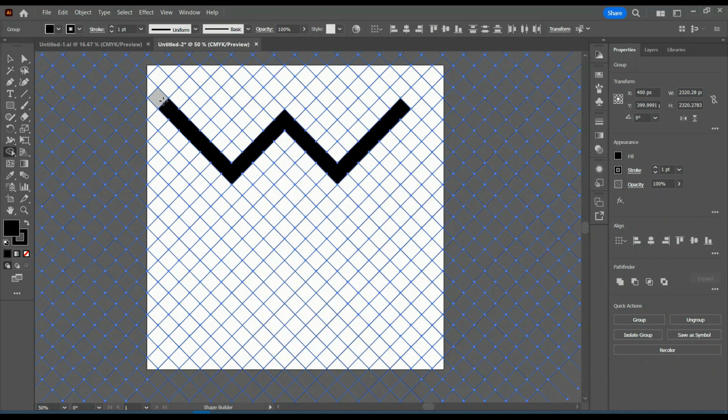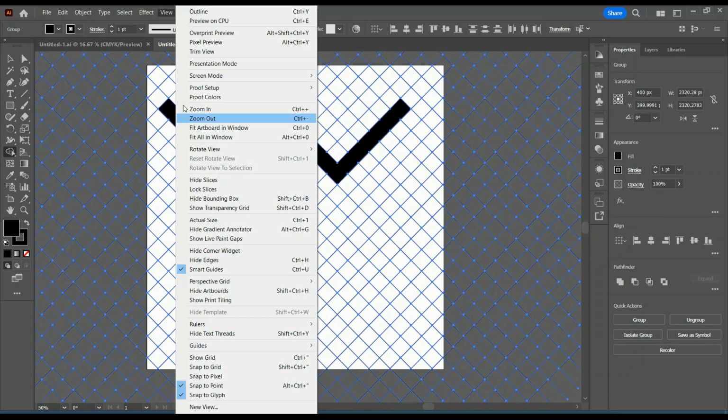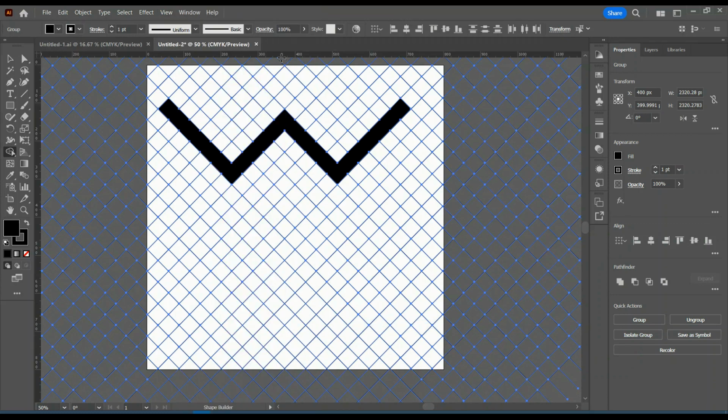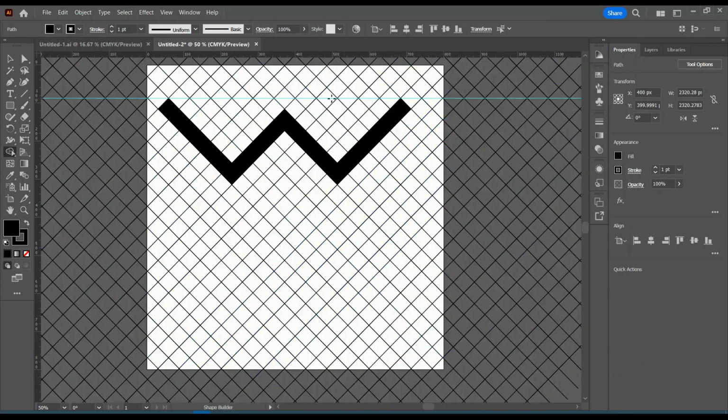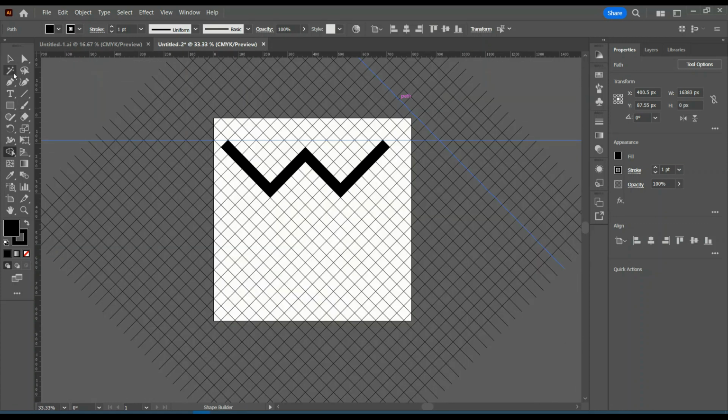Now ensure these two are aligned, this and this. If you are not sure, you can use the ruler tool, show ruler, so that you'll be sure. Yeah, this is exactly what I wanted. And I'm coming down here. I'm going to leave 2 boxes, because I have to select again,